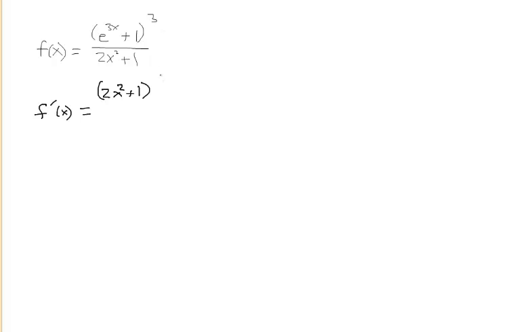So we're going to multiply the 3 down out front, so we end up with a 3, times everything in the parentheses, 3x plus 1, subtract 1 from the exponent, and then we need to remember to take the derivative of the inside, which is 3e to the 3x,